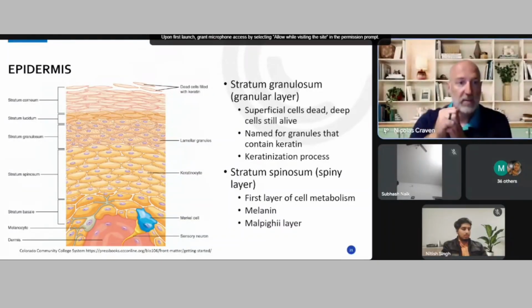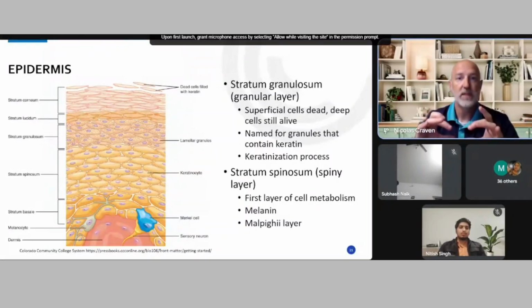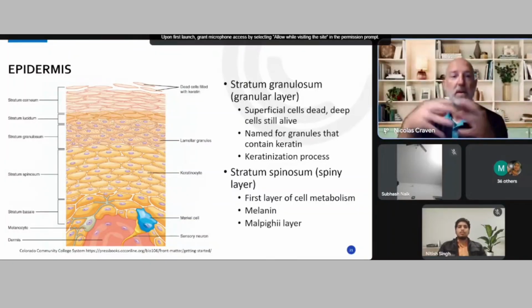Directly below the stratum lucidum is the stratum granulosum, also referred to as the granular layer. This is the layer where the skin cells, the keratinocytes, start to go through their cycle, their dying, I guess, their death cycle, if you will. So deeper in the granular layer is where the cells are alive and transitioning, and the keratinization process is happening, where the cells start to go through their apoptosis, or their dying cycle,